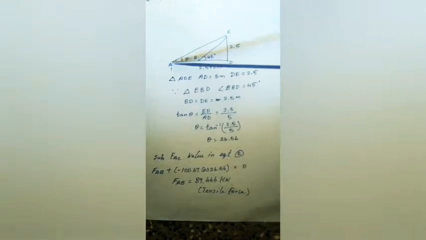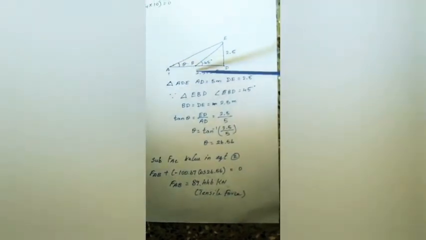To solve this, we are going to apply the equilibrium condition. Before that, we have to find the inclination between FAC and FAB. To find this inclination, we are going to consider this triangle AED. Come to the triangle AED. So we have the distance AD, which is 5 meter,